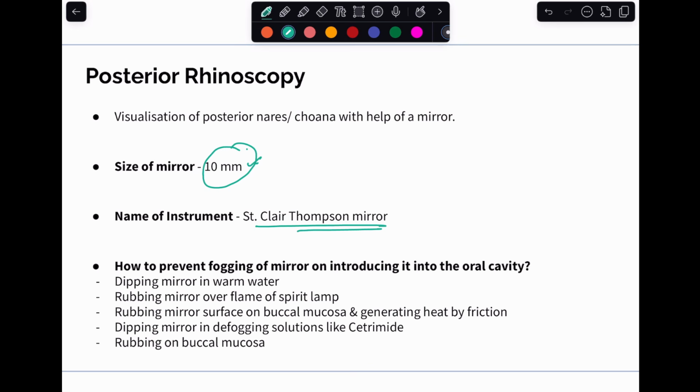One is you can dip the mirror in warm water before introducing it. You can rub the mirror over the flame of a spirit lamp. You can rub the mirror surface on buccal mucosa and generate heat by friction. You can dip the mirror in defogging solutions like cetrimide. So these are the different ways that you can prevent fogging of the mirror before you have introduced it